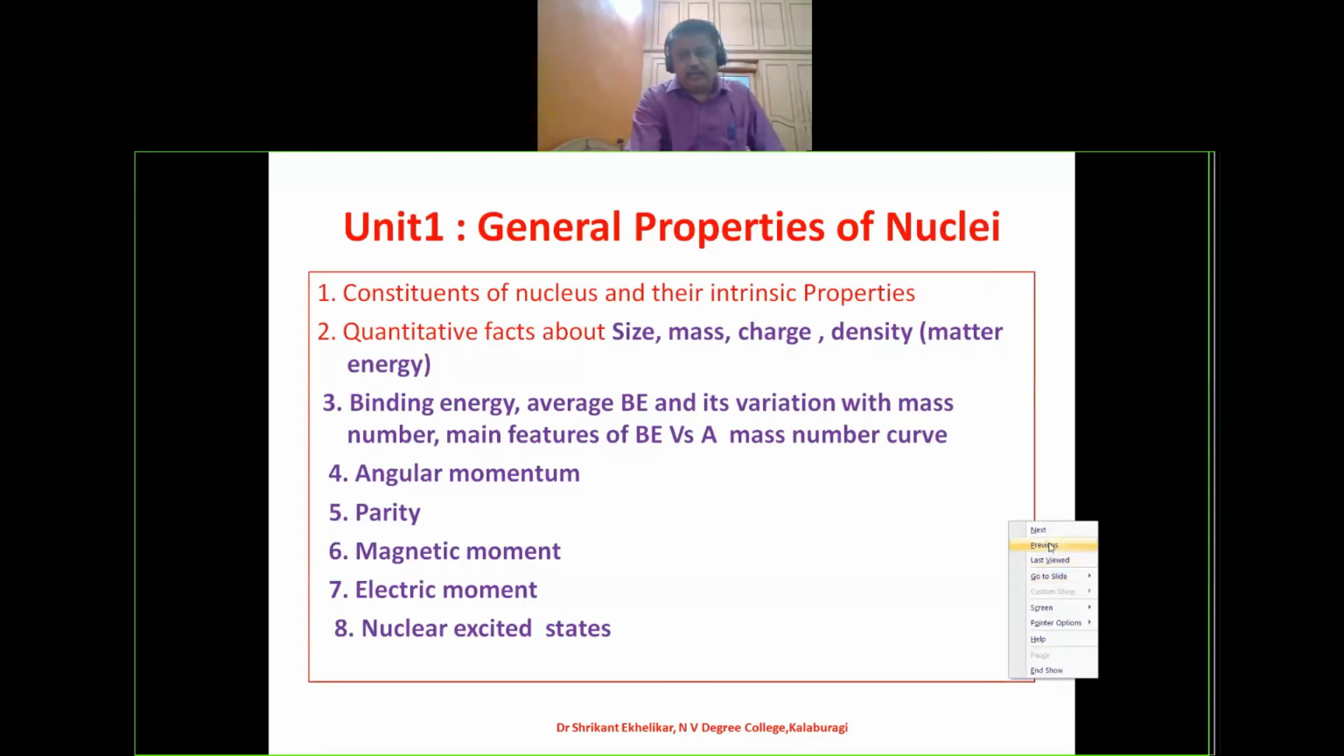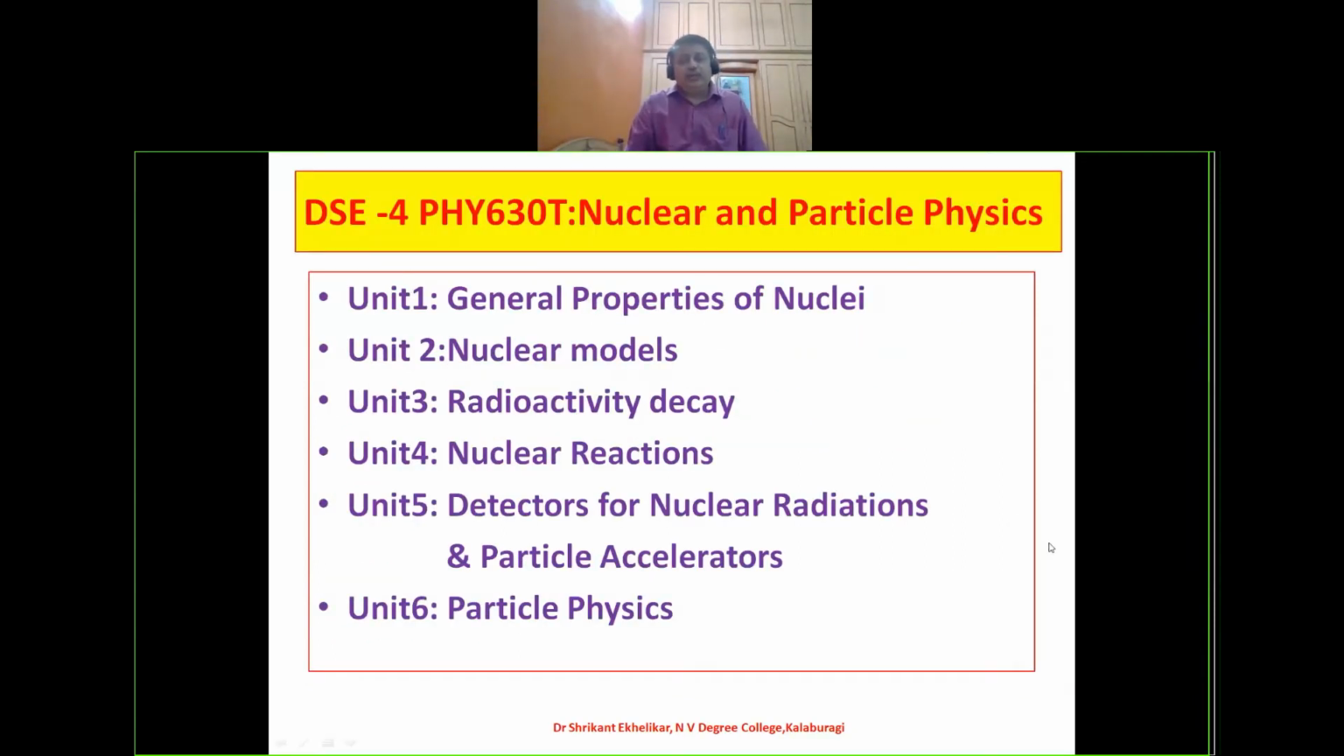If you look at one slide in the paper, that is nuclear and particle physics, it is BSc 4 physics, 630T theory paper, code number. There are 6 units in this special paper, that is discipline specific elective nuclear and particle physics. Unit 1 is basic properties of nuclei, or general properties of nuclei,